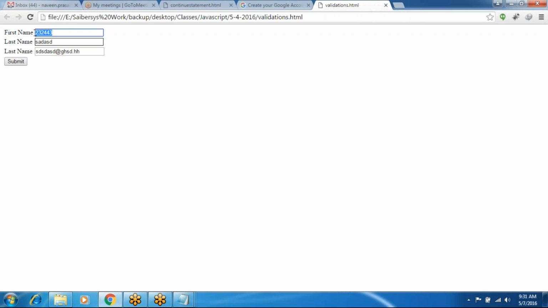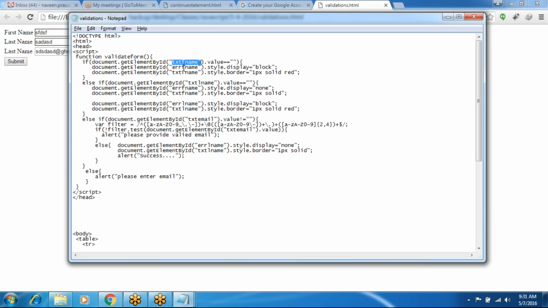If you enter a string value, the cursor will successfully go to the second text box. Do that example. First name and last name must and should accept only string values, not digits. You can find that code in Google, like you can type how to accept only string values in text box using JavaScript, and you will get the answer.